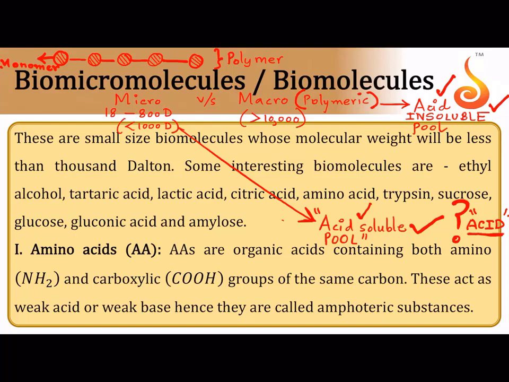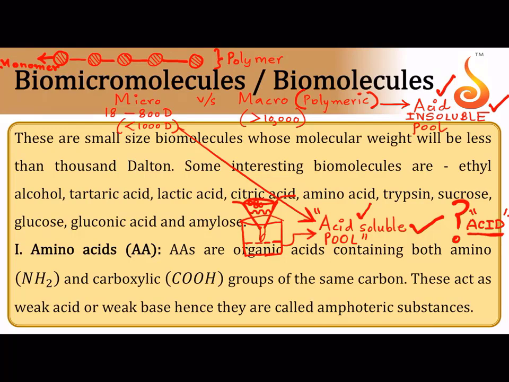Now imagine this is the beaker in which you are filtering the tissue. You have used a funnel and this is the filter. So whatever gets collected in the filter, that means it is massive in size, it cannot pass through. So that is what is referred to as the acid insoluble pool. And whatever gets collected in the beaker, that means it could cross the filter. And when it crosses the filter, we call that pool the acid soluble pool.